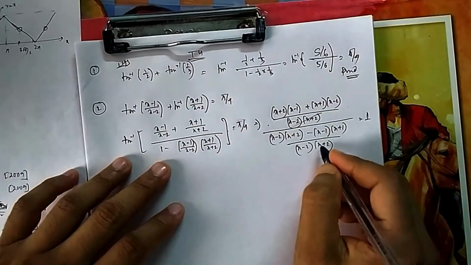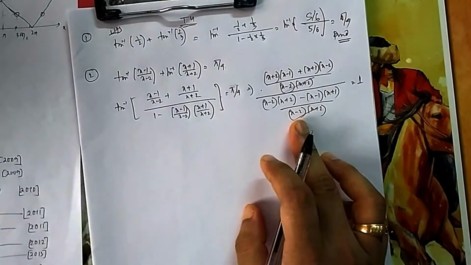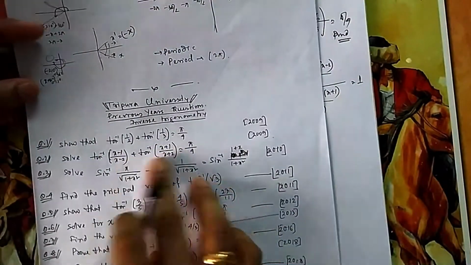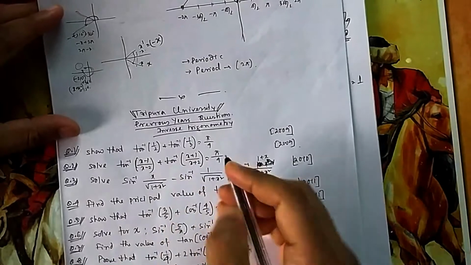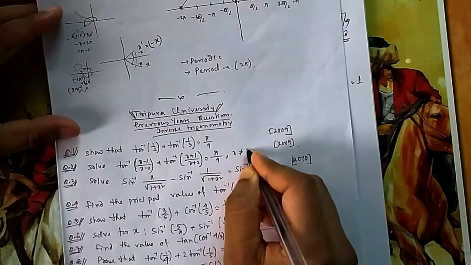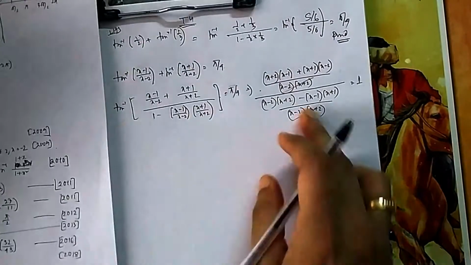So these you can cancel at basic level. It is not required to say that x cannot be 2 and x cannot be minus 2. This should be there in the question, but the question itself does not mention it, as they are not going so deep. So it is basic level only. Otherwise they could have mentioned x should not be equal to 2 and x should not be equal to minus 2. Though they are not mentioning it, you can still cancel.